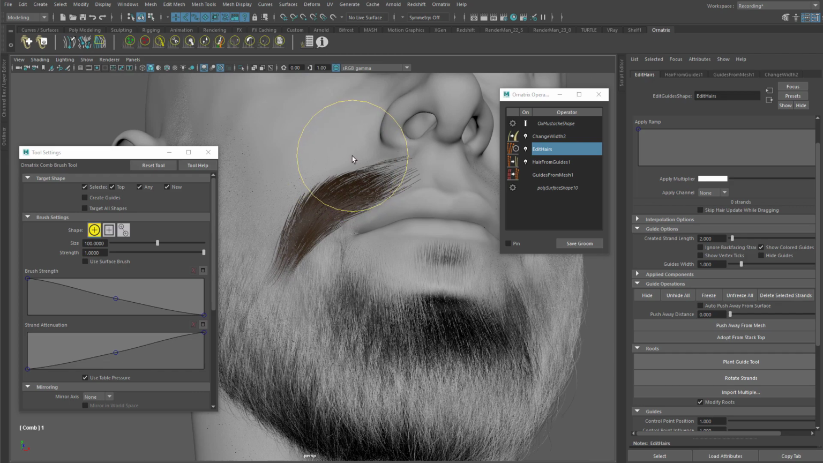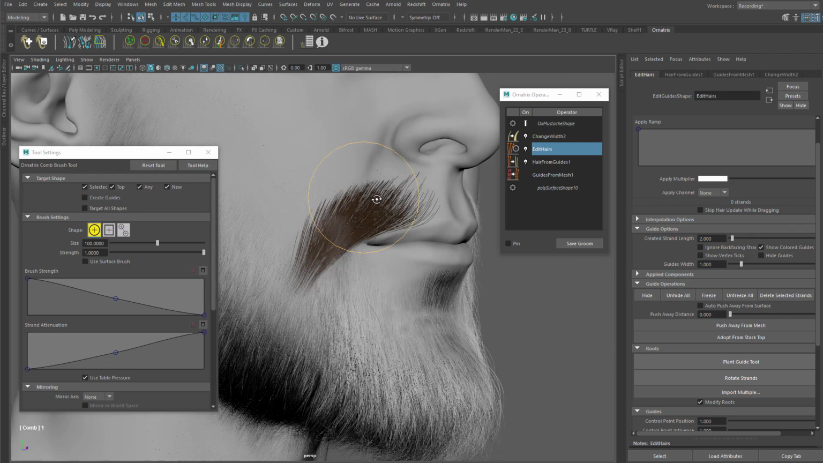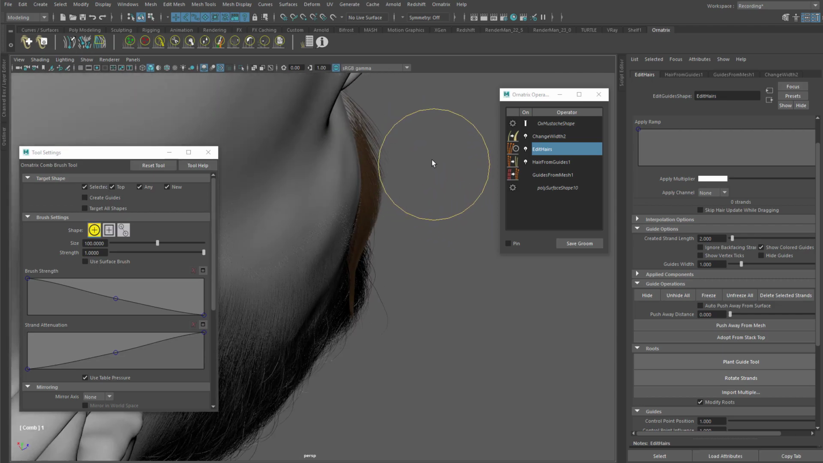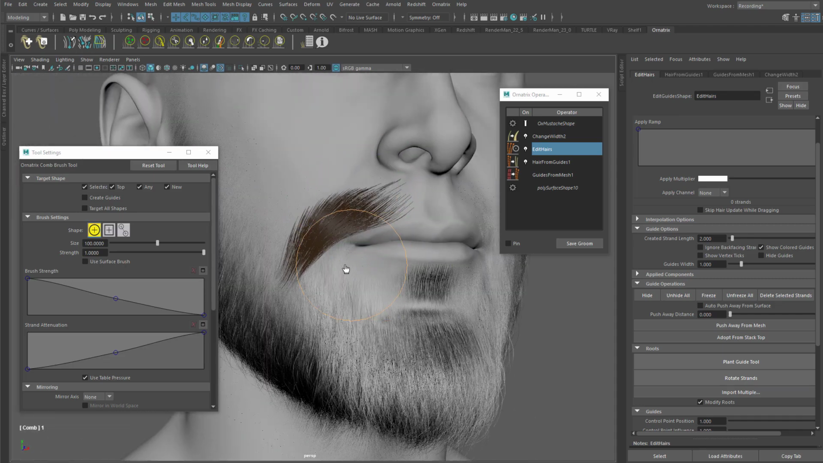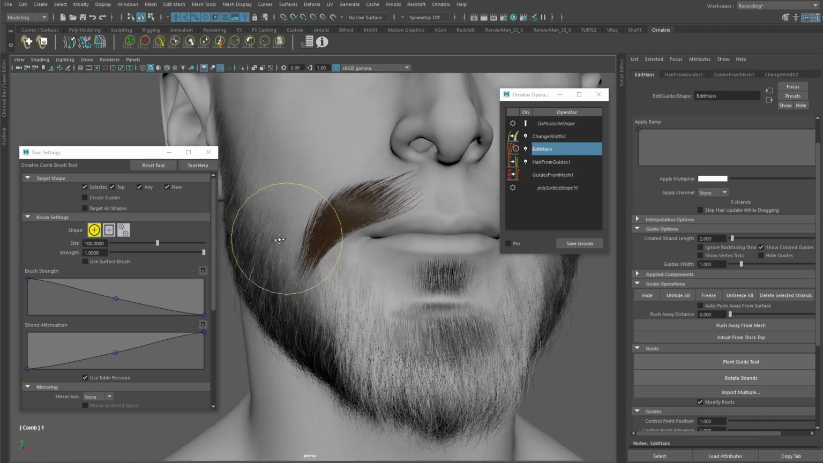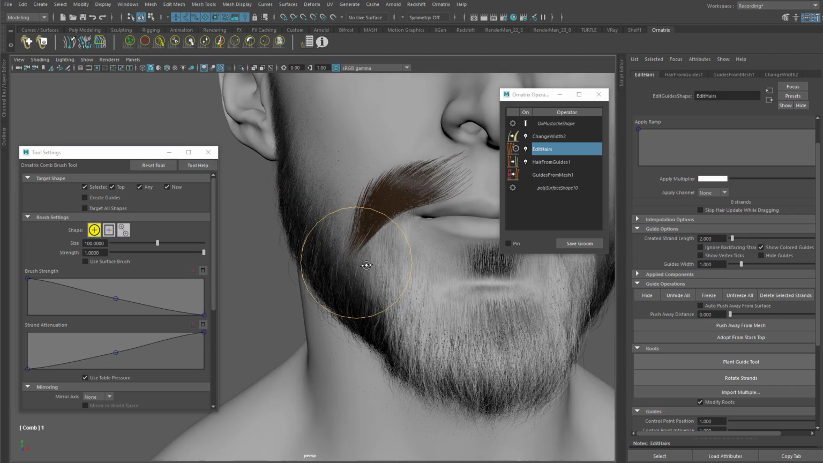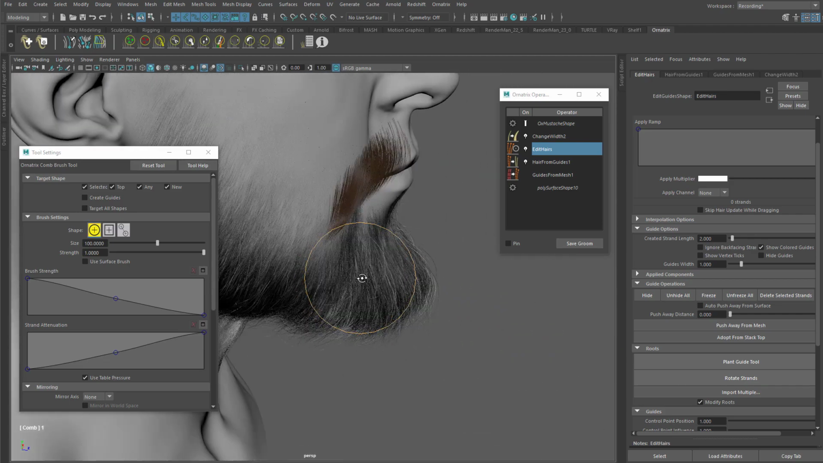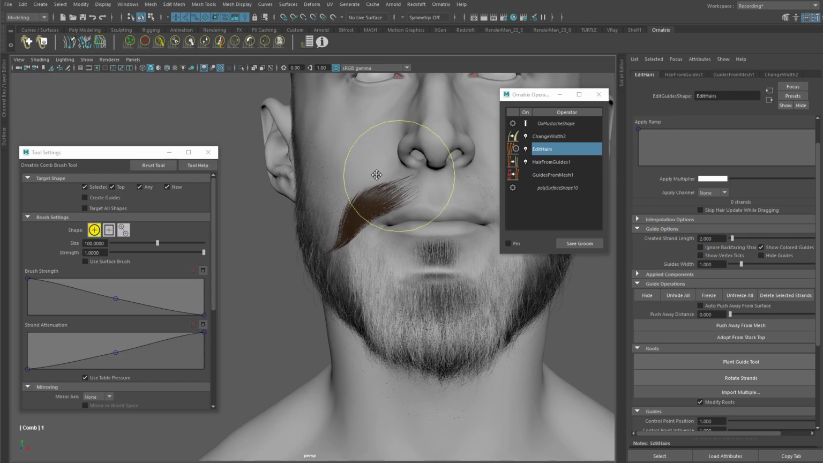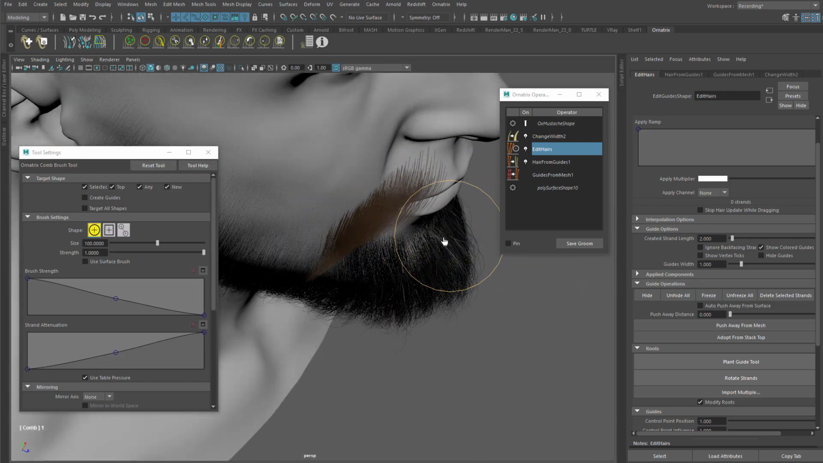Maybe you just want to do some concept art, something quick, so you can just add hair and start sculpting like this, and you are done really quick. So that's it. We have half of our